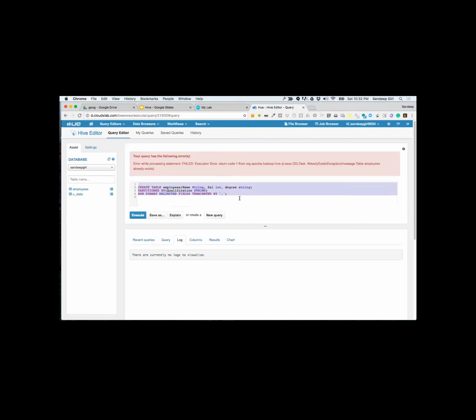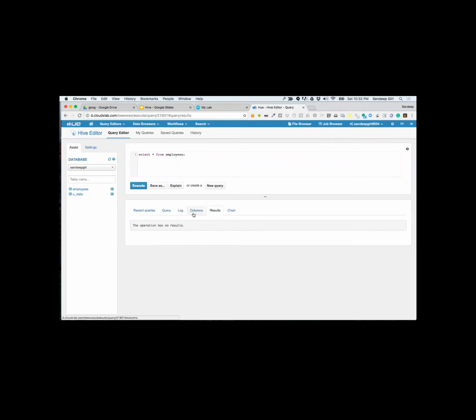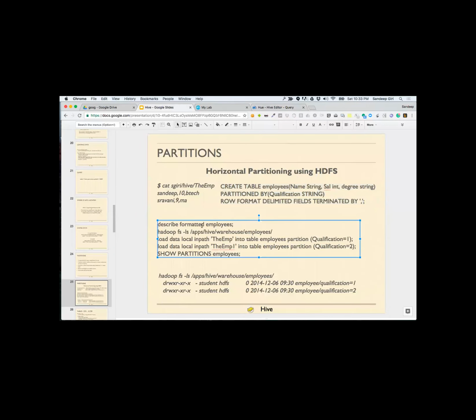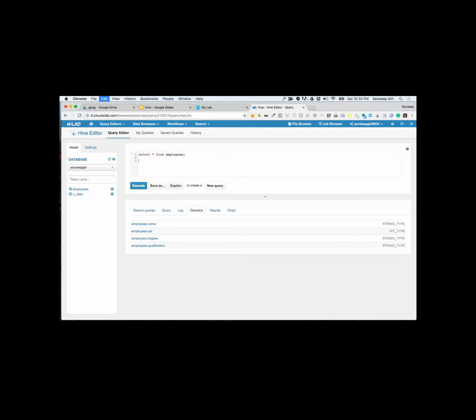Good. Now, if I say select star from employees, you can see how many columns are there? 4 columns. Though the 4th one is actually a column on which partitions are created. Good. Now I'm going to use this command. Instead of using local, I'm going to use this.